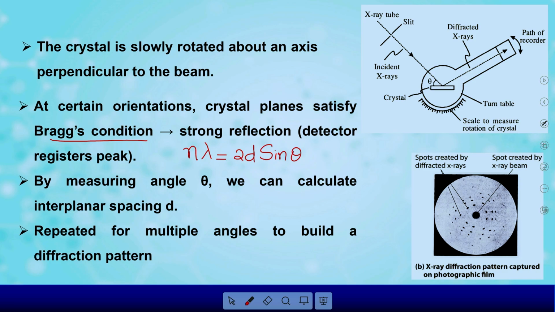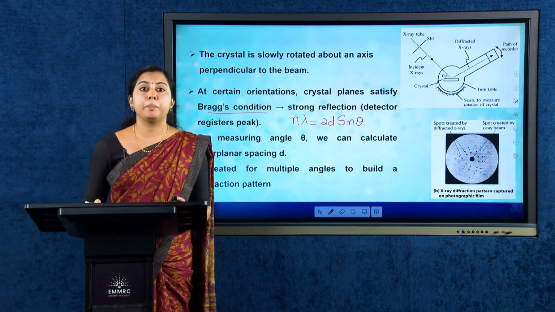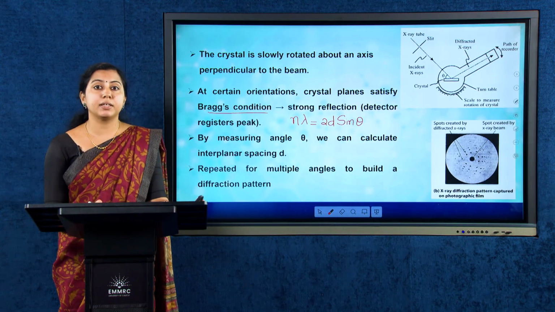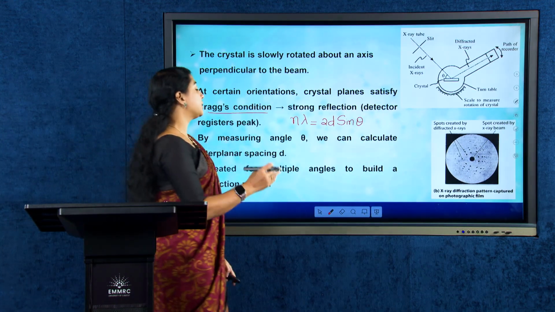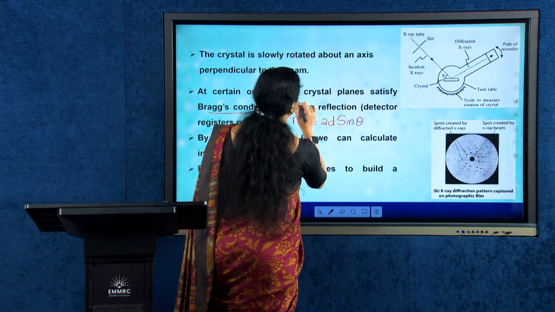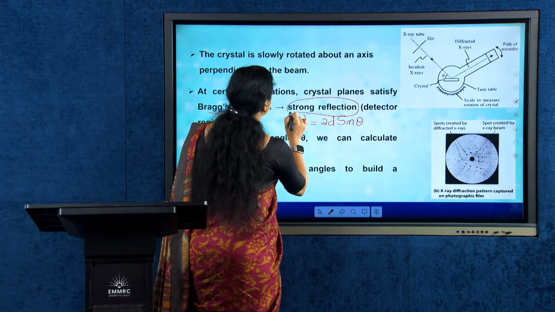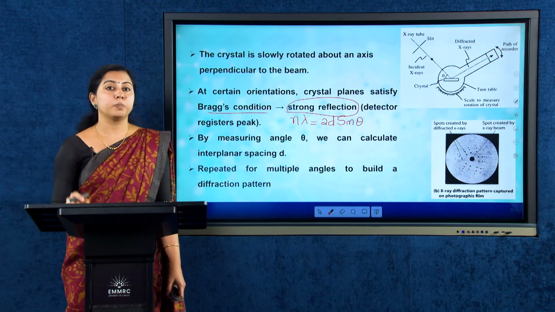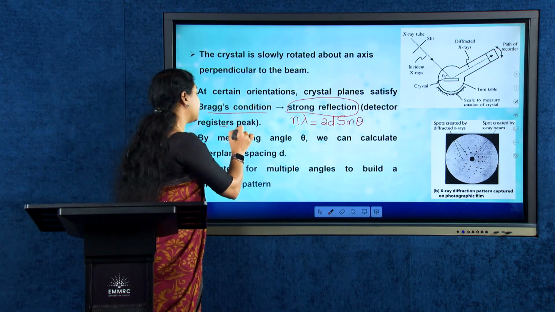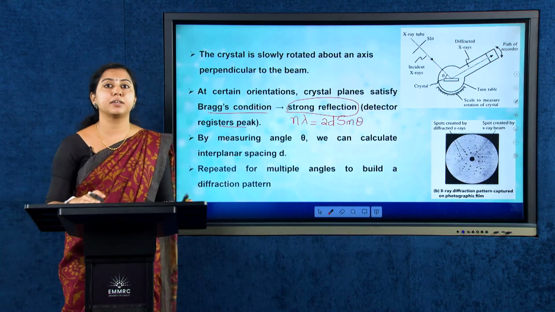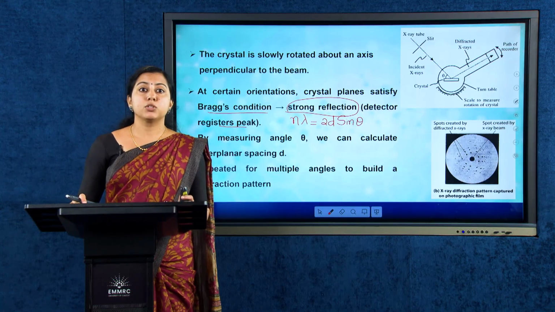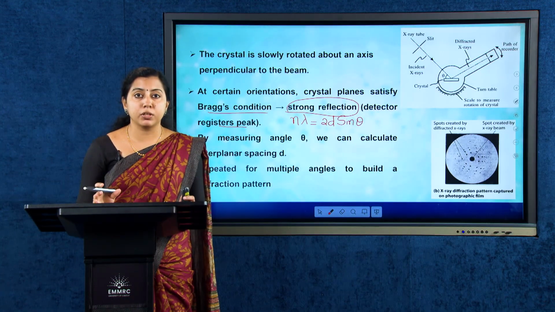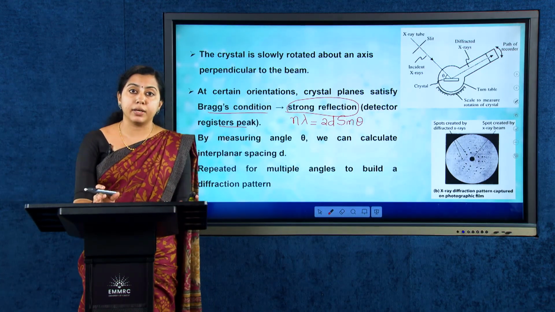So, some crystal planes satisfy the Bragg's condition. When such crystal planes satisfy the Bragg's condition, there will be maximum reflection, or a strong reflection. Such strong reflections are detected by the detector and it registers a peak. So, when the crystal is slowly rotated about an axis perpendicular to the beam, at certain orientations,